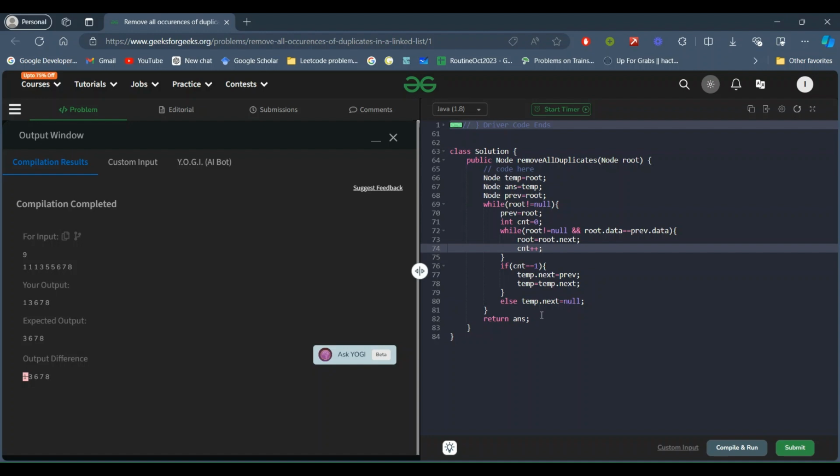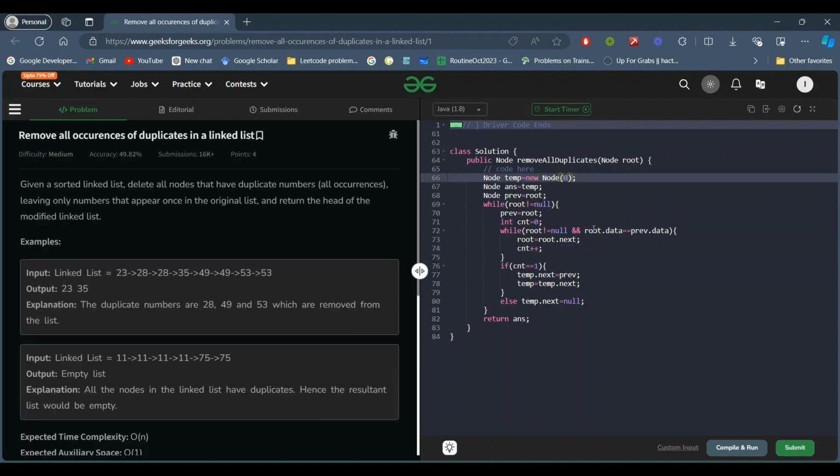We will not have any value, so we will make sure that it has a value. It doesn't matter what the first value is, because we can't take a null value for the temp, so we are just using a node which is holding some value, whatever value we give.